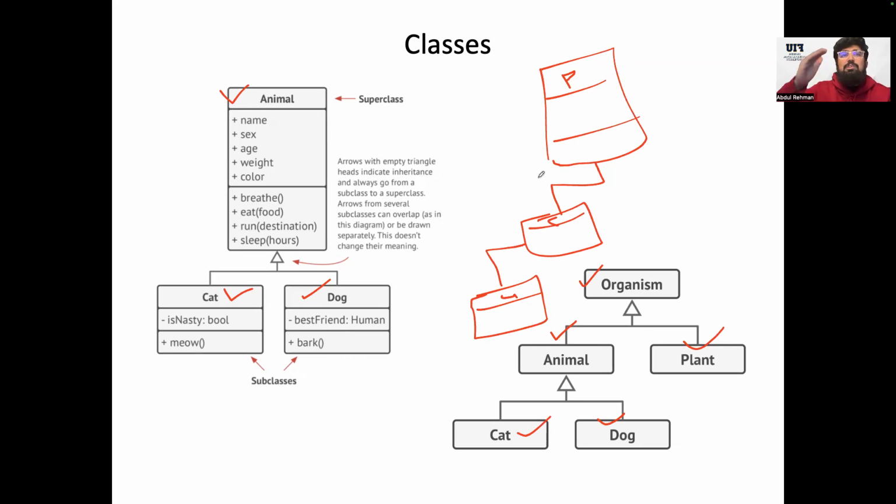So these properties may be shifted from one to another. Let's say we have common properties such as name, sex, age, weight, and color, but these could be used by the dog class as well as by the cat class. Such situations are called inheritance, which means the subclass is actually taking some values and properties from the superclass, not only the fields but also the behaviors. This is how it looks.